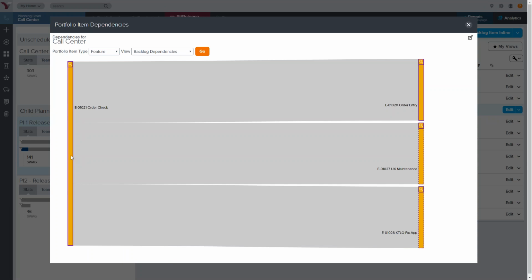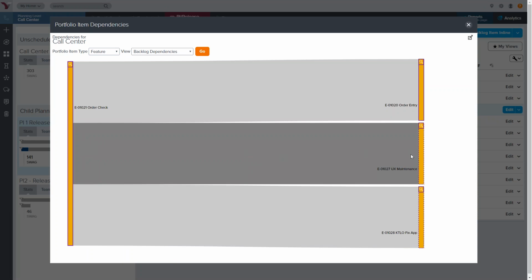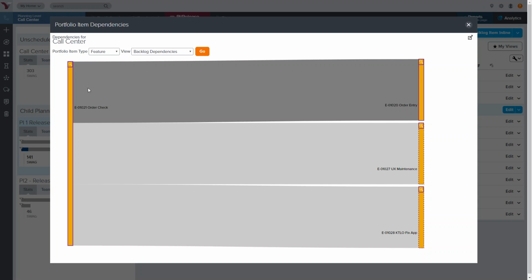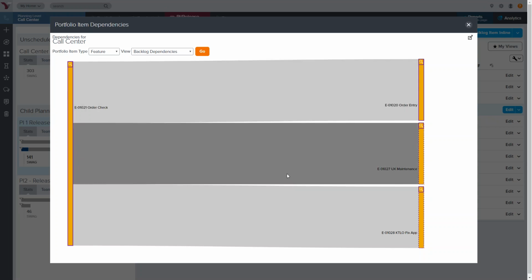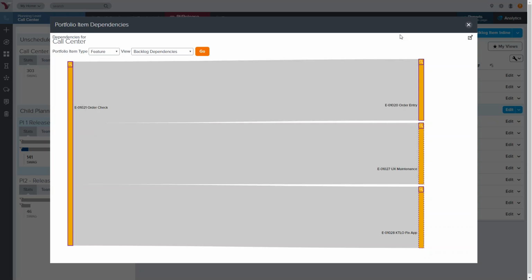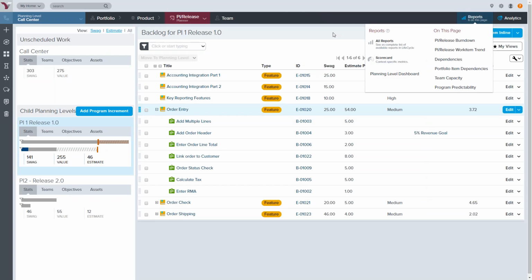Yeah, so here we go. We have individual stories that are dependent upstream and downstream on other stories. So just another visualization of the individual stories. This is order check and everything we need to do to get order check completed from a feature perspective. So that's a high level view of the